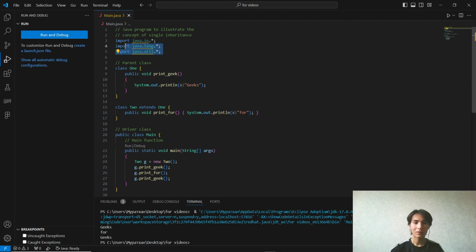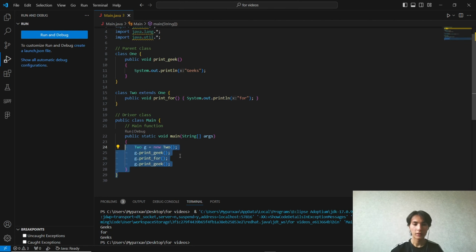I just imported the necessary libraries and the parent class, class 1, and just print geeks. The second class is class 2, extended by class 1, and just prints 4, and this is our main section